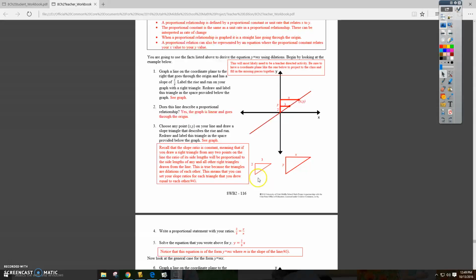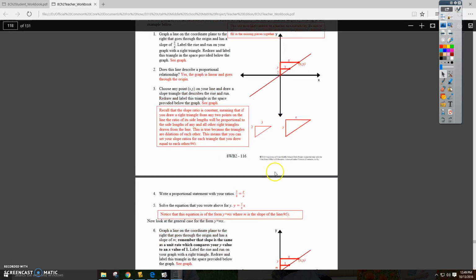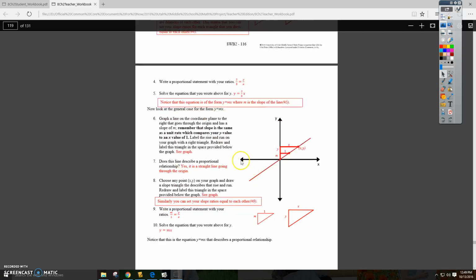Okay, and so they drew them down here so you could see what those slope triangles look like. Now if you look at these two, they are a dilation of each other, which means they are similar triangles. And we talked about how similar triangles are proportional. And being proportional, that means their side lengths are proportional, so we can create a proportion, like down here, number